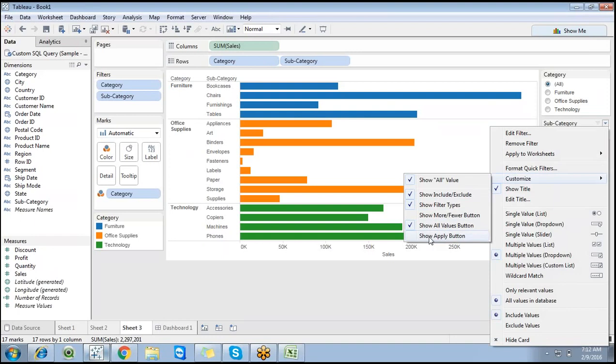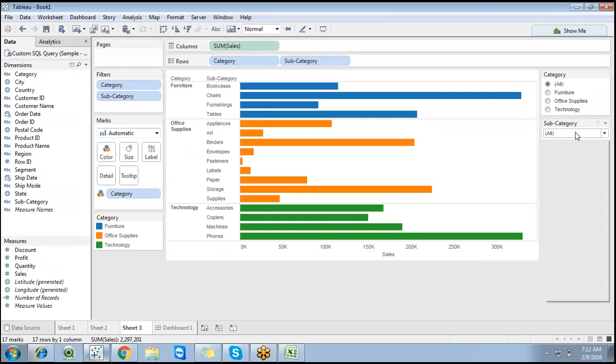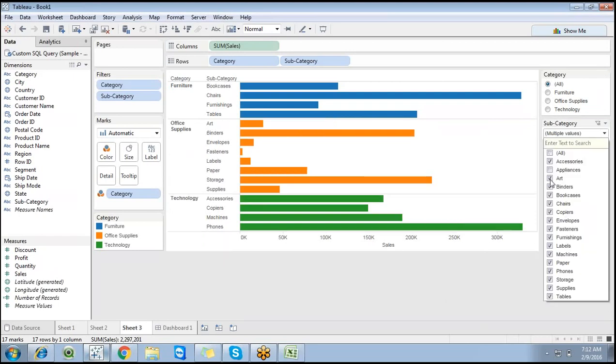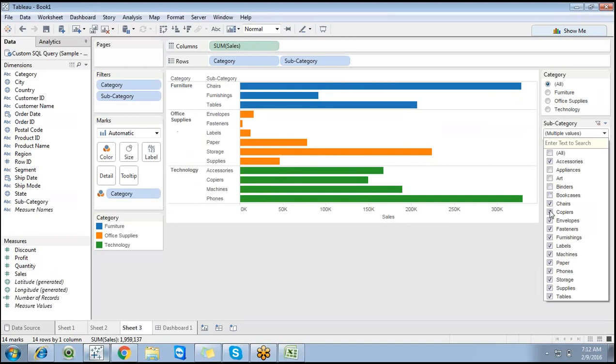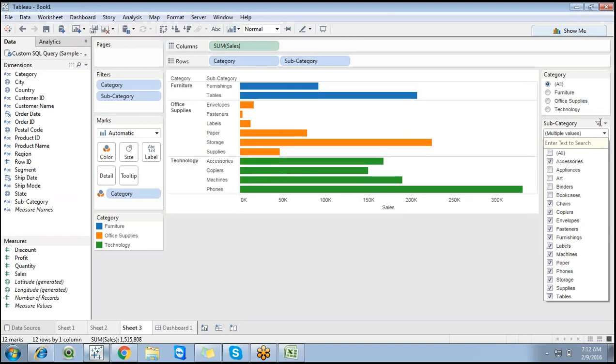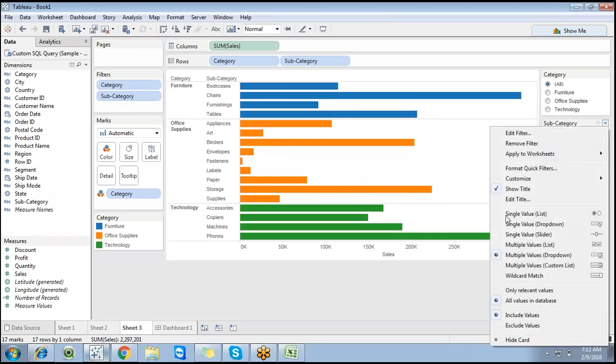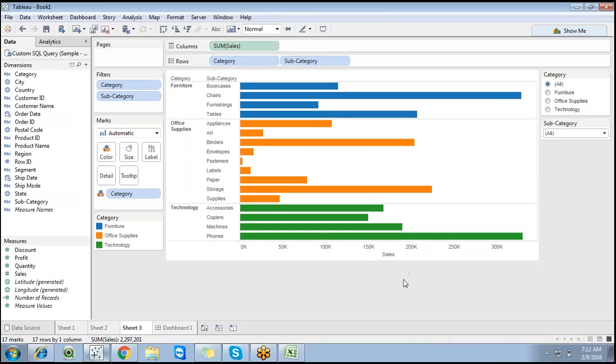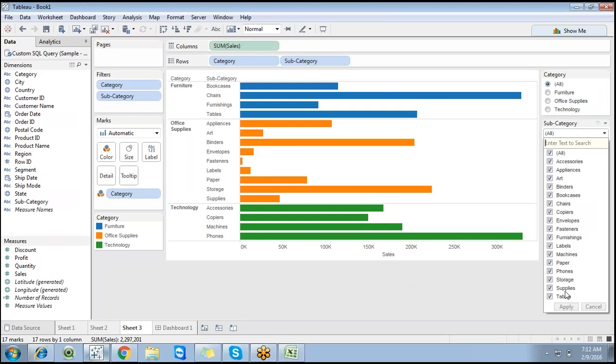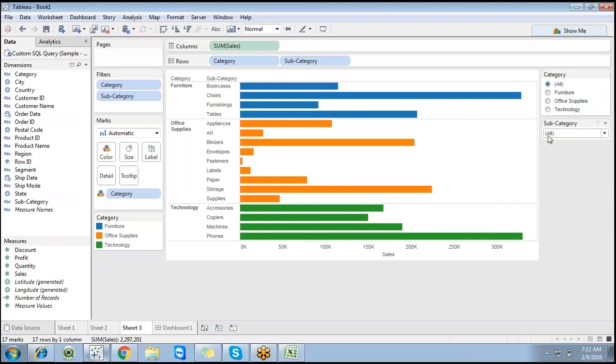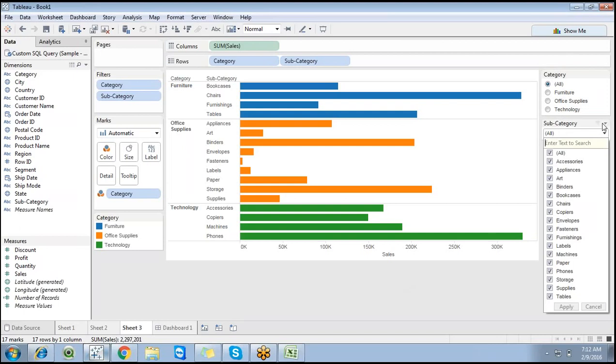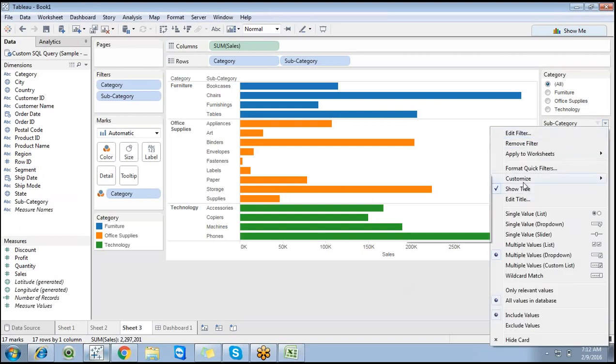But if you get a requirement where the user has to select all the values first and he wants a button called apply button, pretty much, right? So you can go with a simple customization. Click on customize and you can go for show apply button. It's a simple option, but it is important. So show all is important. So the all option and the show apply button. But we do have a difference here.